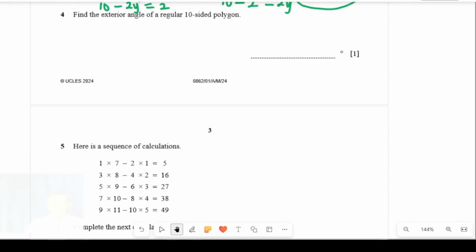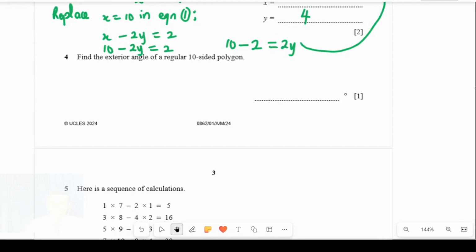So let's go to question 4. I just want to take it directly so that our answer can be. Find the exterior angle of a regular 10-sided polygon. The number, for example, let me just draw this here. If you have this, if this is a polygon, for example,